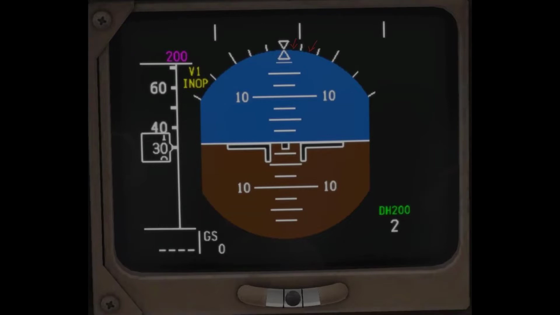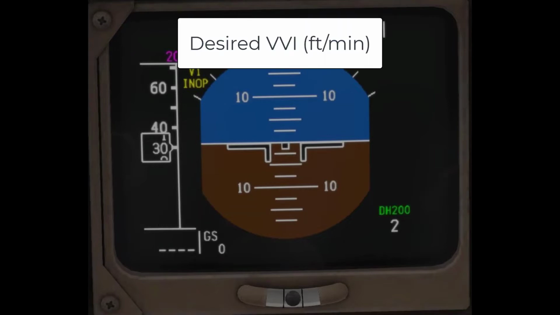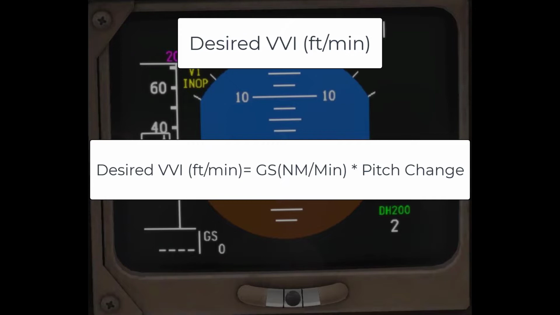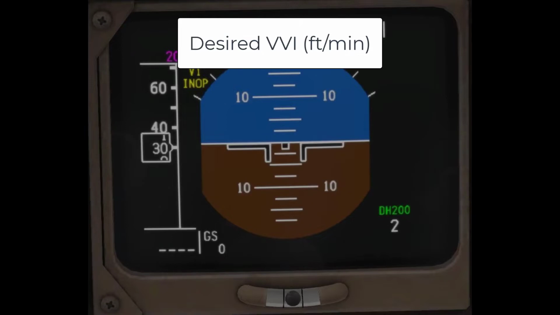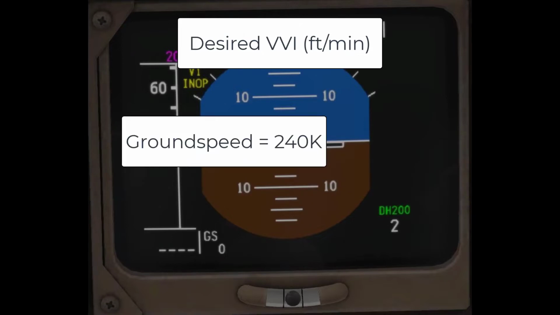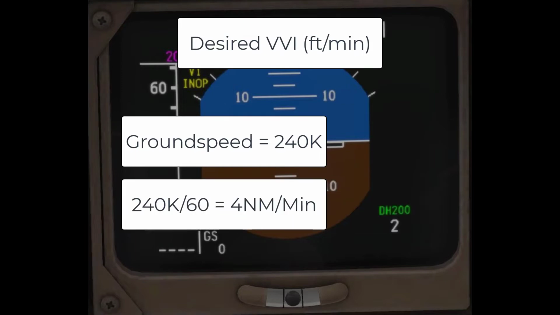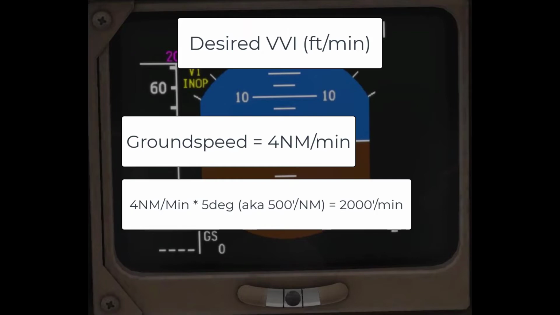We can approximate our desired VVI by taking our ground speed in nautical miles a minute, so divide your ground speed by 60, and then multiplying it by that degree pitch change. So if my GPS tells me I'm doing 240 knots on the ground, and I calculated that I need a 5 degree descent, 240 divided by 60 gives me 4. 4 times 5 is 20. Multiply by 100 to make the math look right, and that gives you a 2,000 foot per minute descent